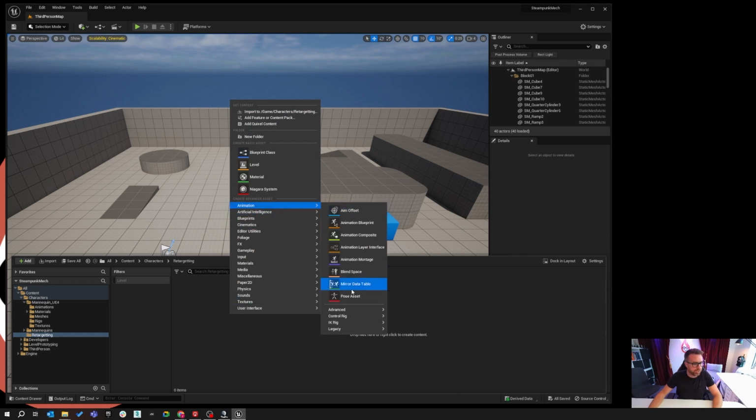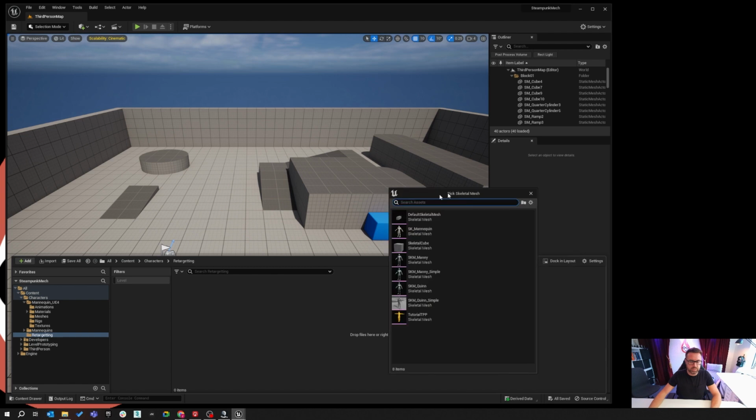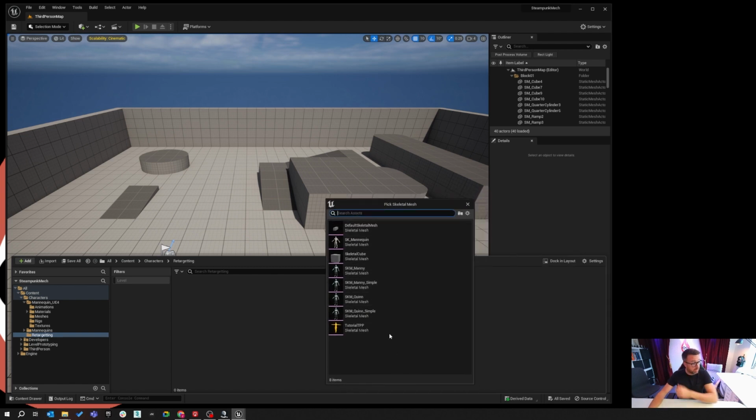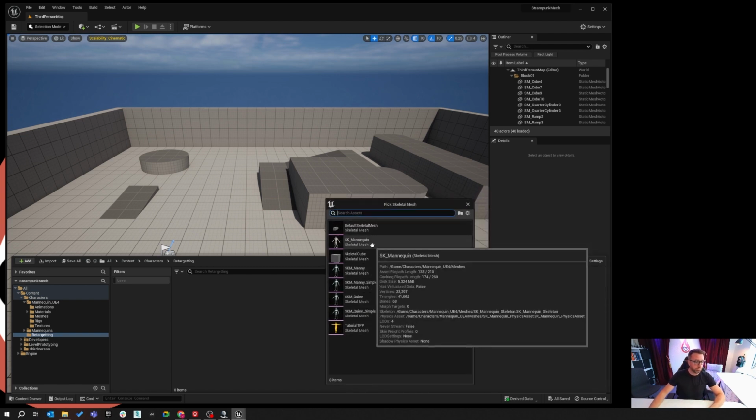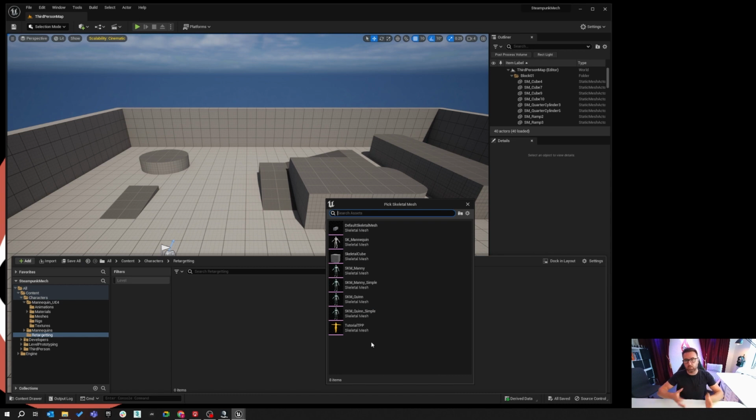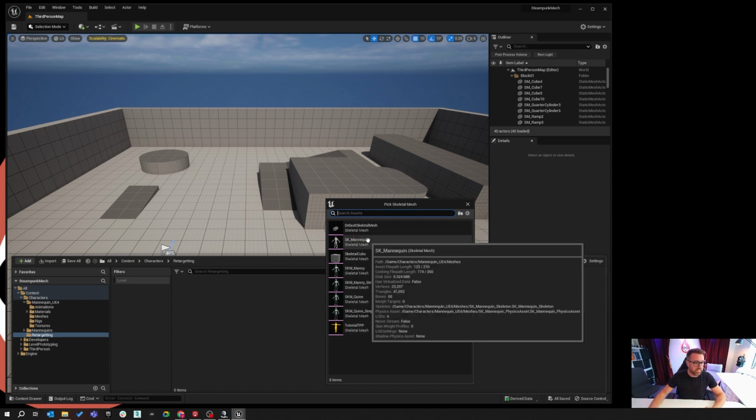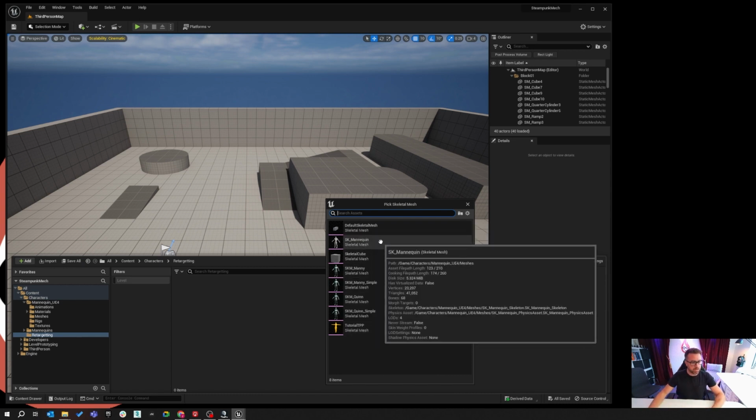Going to go to animation, IK rig here. And you've got IK retargeter, a very important tool we're going to come back to later. IK rig. In here, I've got a selection of mannequins already that I can use. These are all the skeletal meshes that have been imported with rigs. And we're going to use the SK mannequin, which, if we check the path, is the one that we were